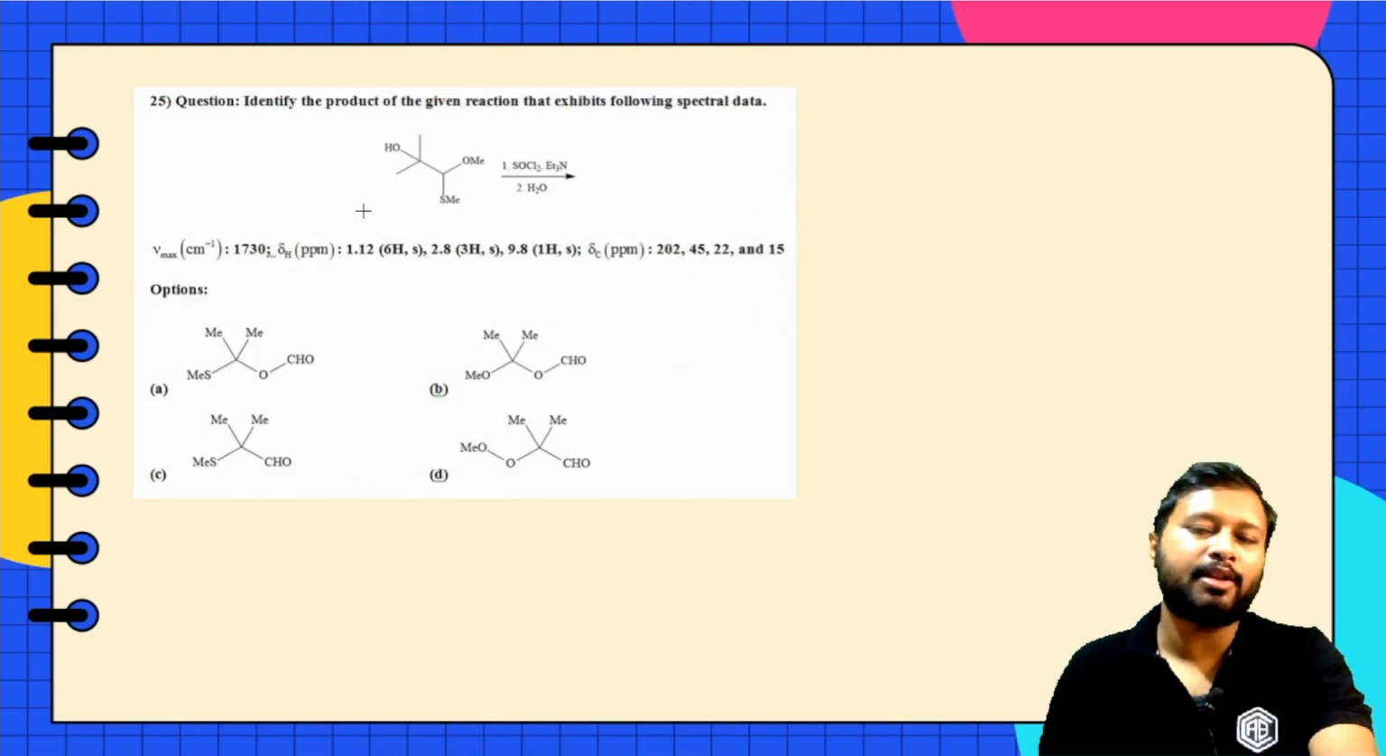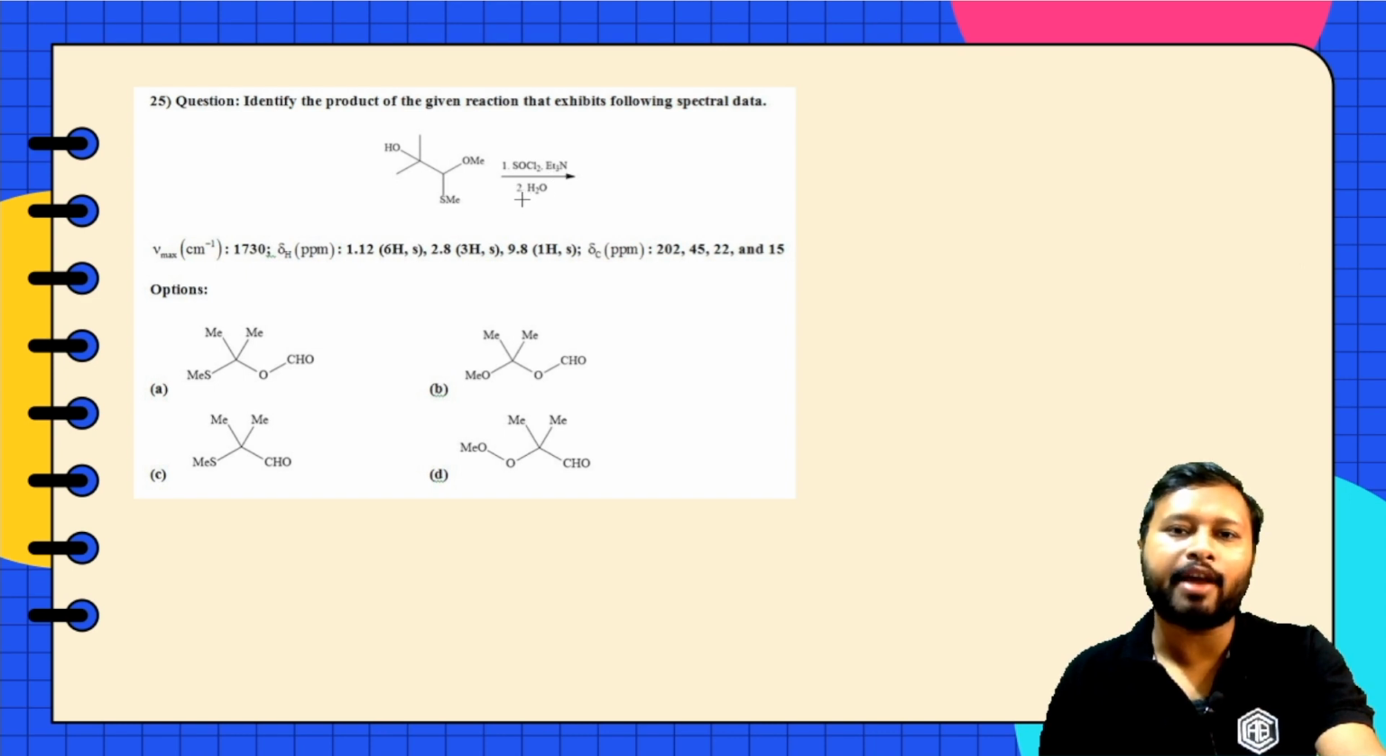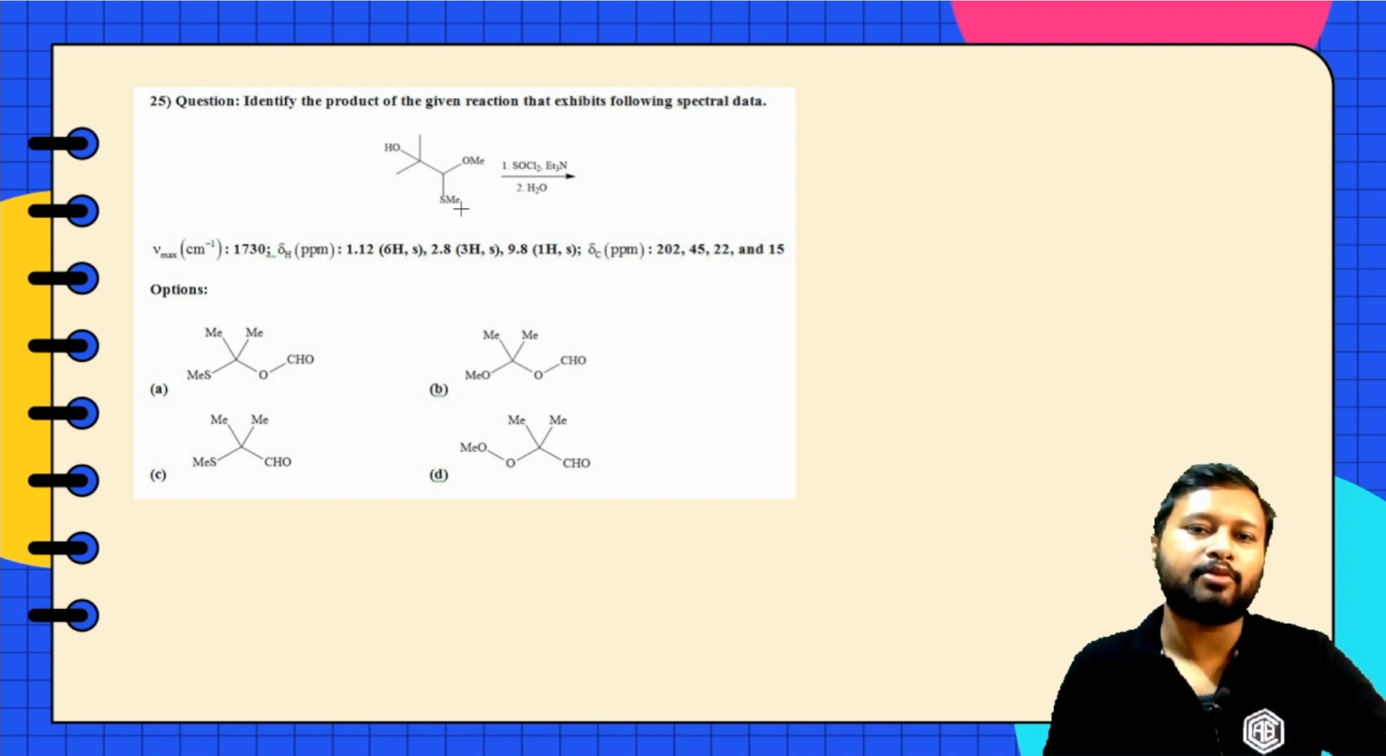Alright, let's look at this particular question. It says identify the product in the given reaction, exhibiting the following spectral data. You are given a particular molecule. It is reacting with two reagents. The first one is SOCl2 in the presence of triethylamine, and then you have water. I think that will be used for the workup, and it says that you have